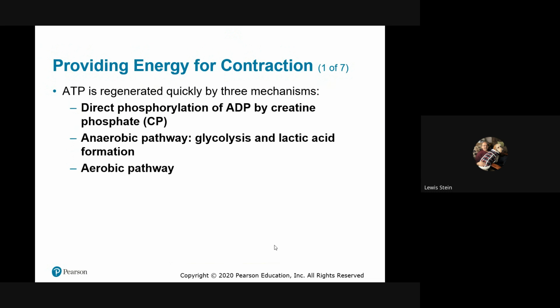The only thing that makes ADP and ATP unique is high energy bonds, right? So how do we generate energy? We pop an inorganic phosphate off of ATP, and they separate relatively quickly, and boom, we have energy available to do work. We still have the ADP if we can transfer a phosphate from another high energy bond, and that's where creatine phosphate comes in. There's a certain amount of good news and bad news with this. It's very limited.